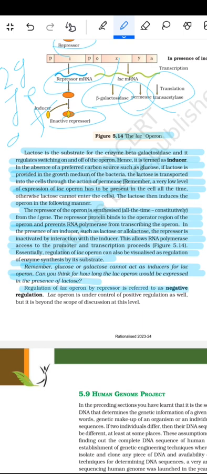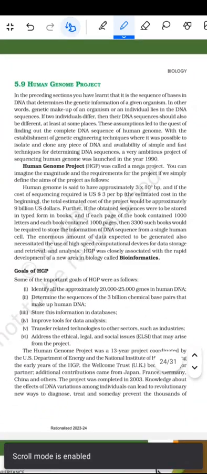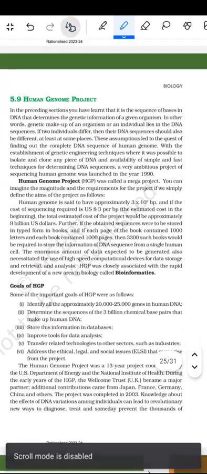Regulation of the lac operon by the repressor is referred to as negative regulation. Lac operon is under the control of positive regulation as well, but it is beyond the scope of the discussion at this level. फिर इसके बाद human genome project के बारे में NCERT बता रहा है कि